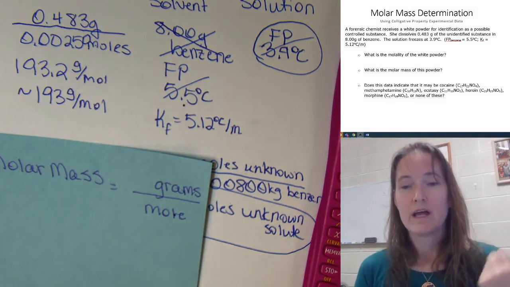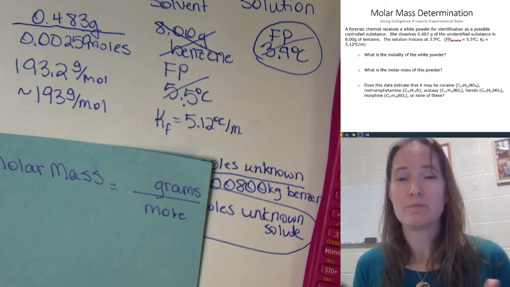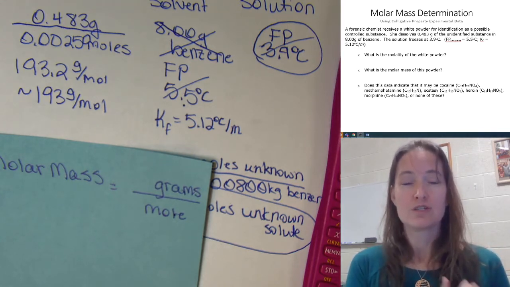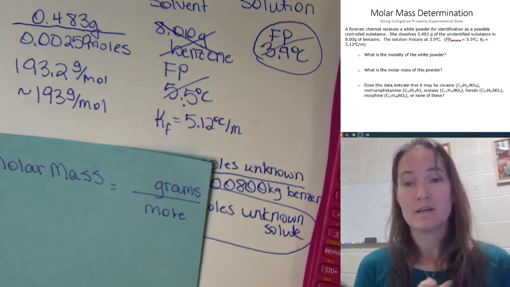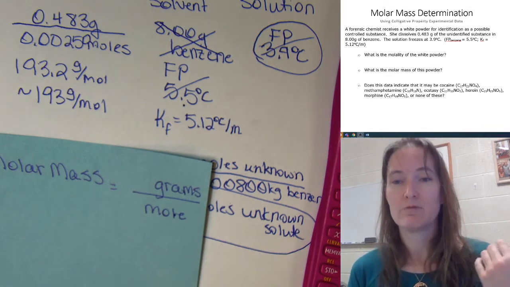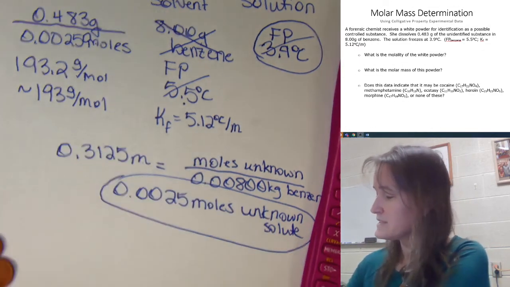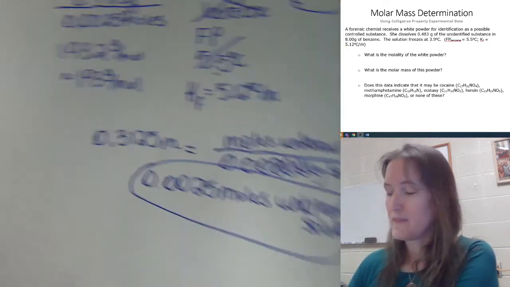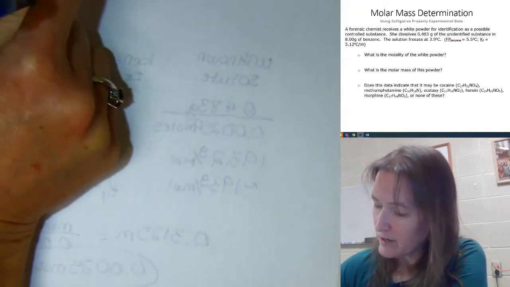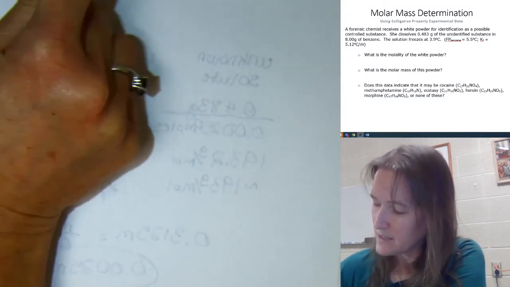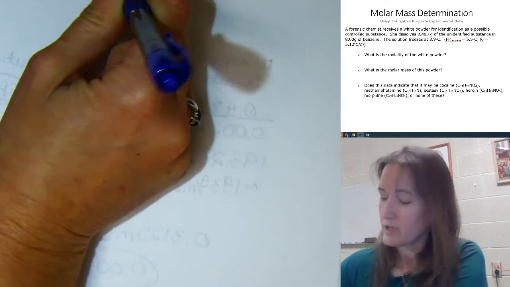That's the second question. Now, the purpose of this experiment that was done by the forensic chemist was to figure out, what is this substance? Is it possibly one of the common controlled substances? So we have a list here of substances that it could be: cocaine, methamphetamine, ecstasy, heroin, morphine. We have the chemical formula, the total number of carbons, hydrogens, nitrogens, and oxygens that each of these contain. So if we take each of these and write down the formula and figure out its approximate molar mass, we just need it to the ones place, since we rounded our molar mass to the ones place by significant figures. So cocaine